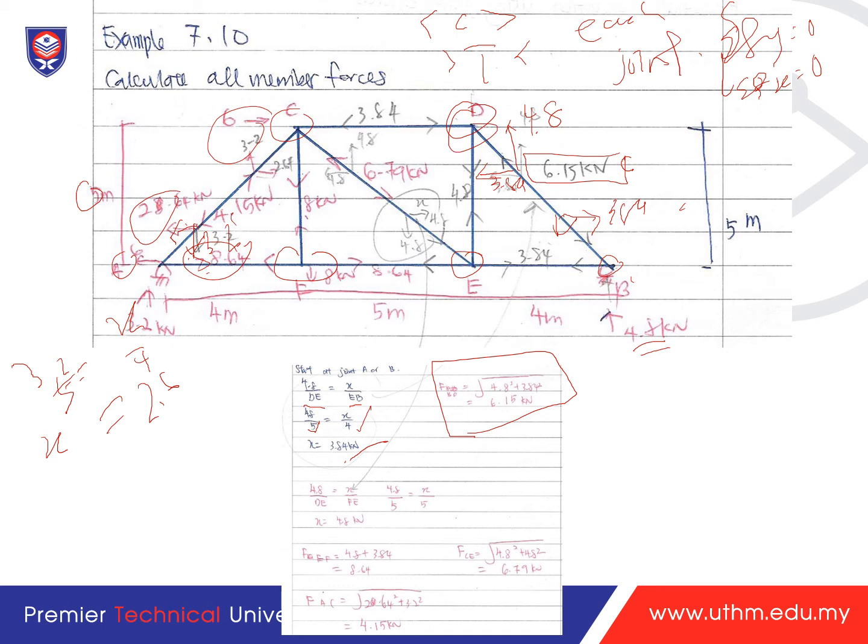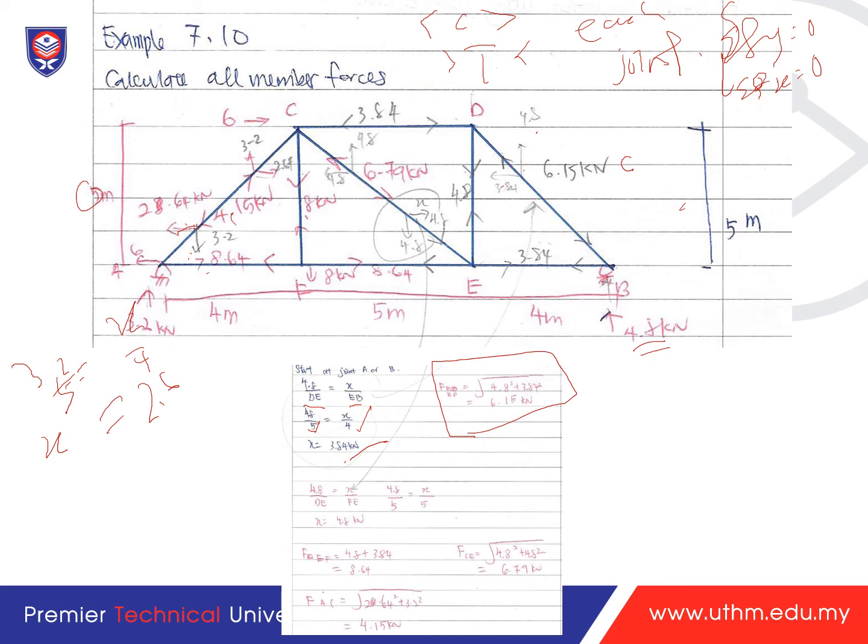You can see that this is 4.8 going upward, so here you will have a force 4.8 going downward, because here you only have horizontal force here, vertical force here, horizontal force here, vertical force here. So after you calculate B, you don't want to calculate A, you can go to point D. So let me remove all this so you will get clearer photos. Okay, so point D,